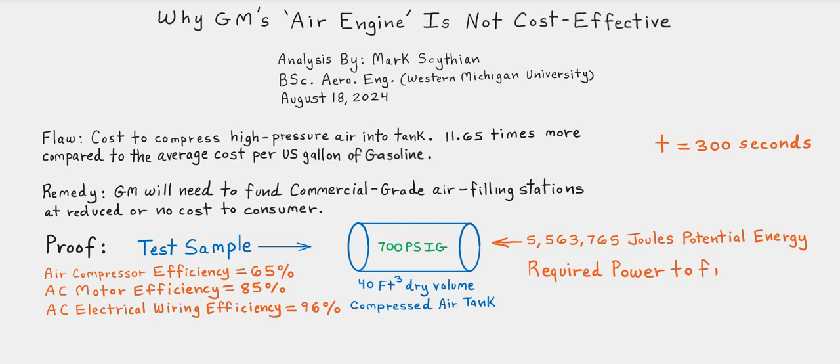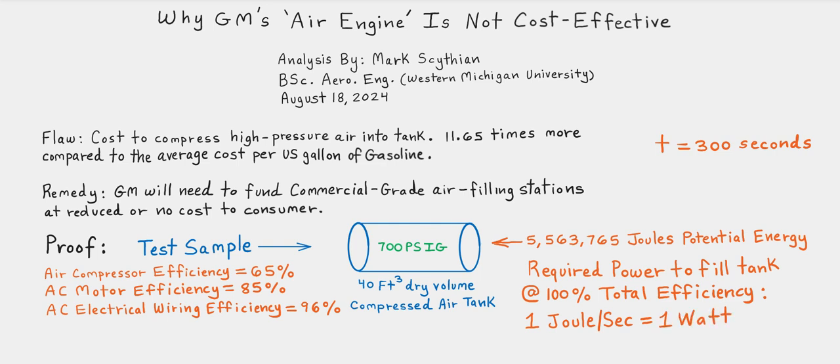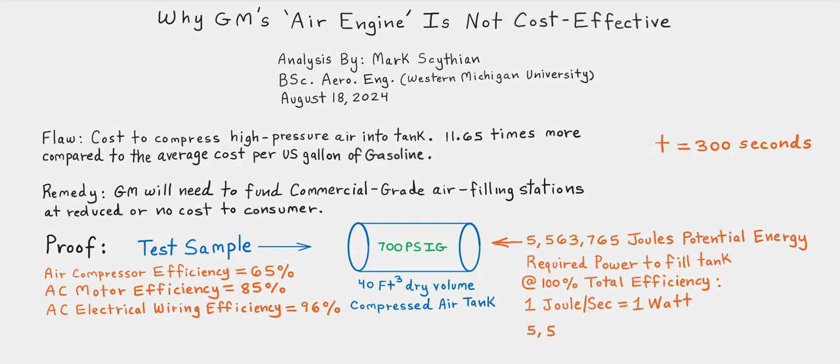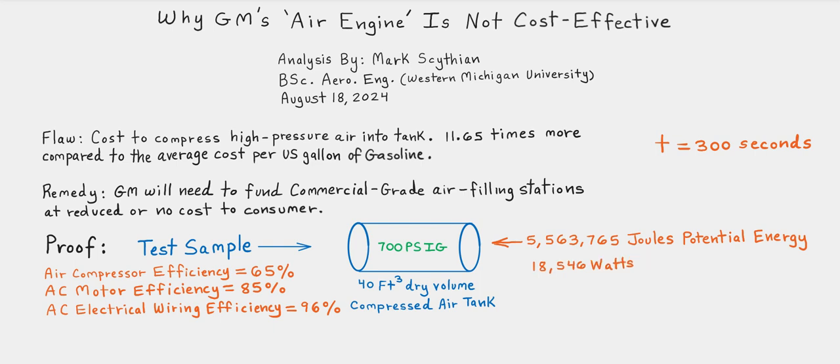So the required power to fill the tank at 100% total efficiency, as if there were no efficiency losses at the filling station equipment, based on 1 joule per second discharge is equal to 1 watt of power. So we can divide the potential energy by 300 seconds. So at 100% efficiency, which does not exist, 18,546 watts, but then we have to find the reciprocals of each efficiency